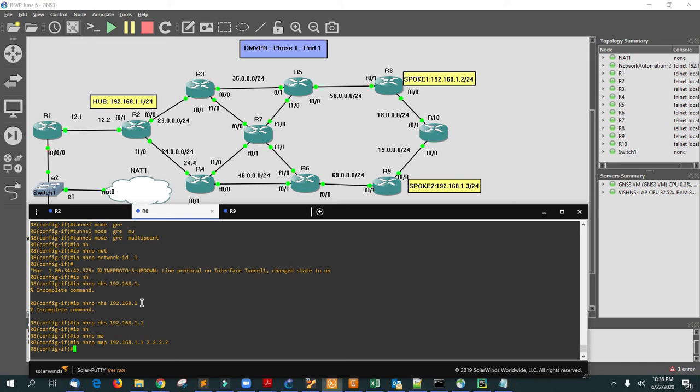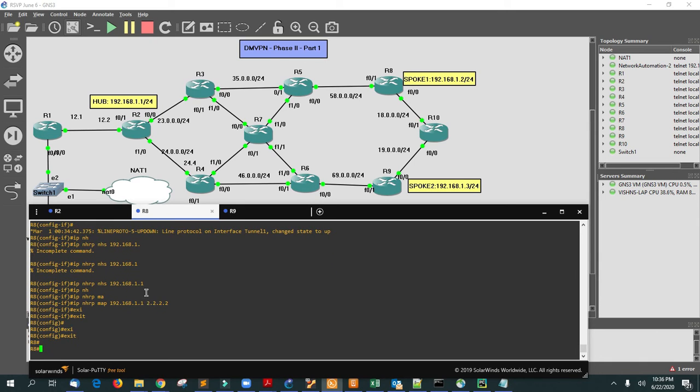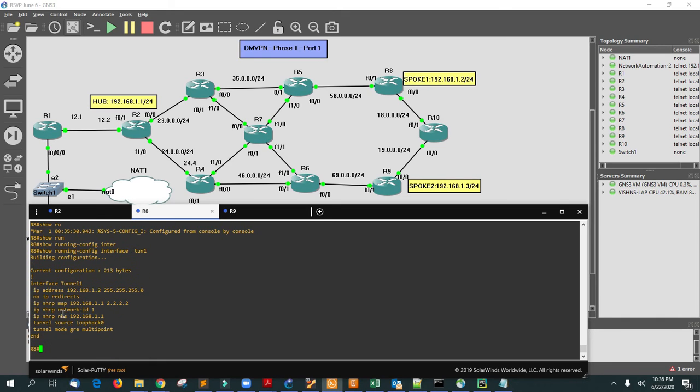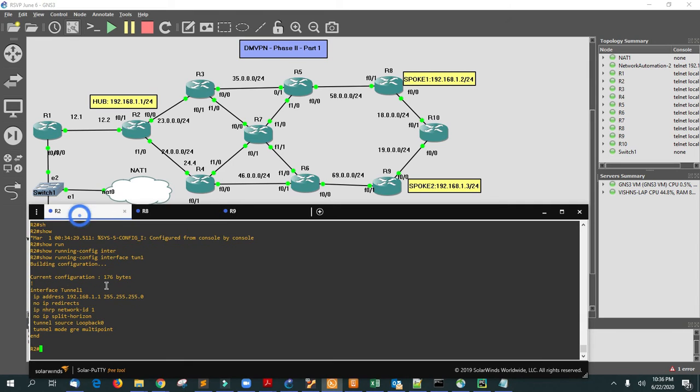Normally in phase 1 we give the tunnel destination as the R2 router, but here it's going to be gre multipoint. Let me check with show run interface tunnel 1. There are 4 IP commands and 2 tunnel commands. Very simple. Let me go back to R2.